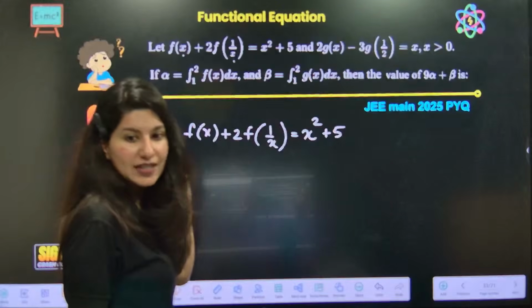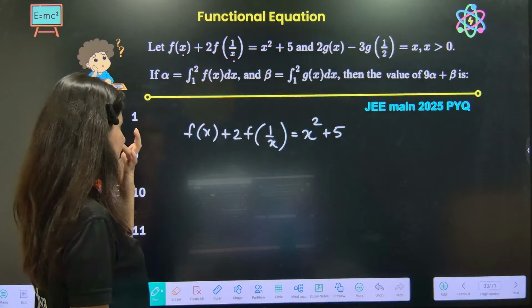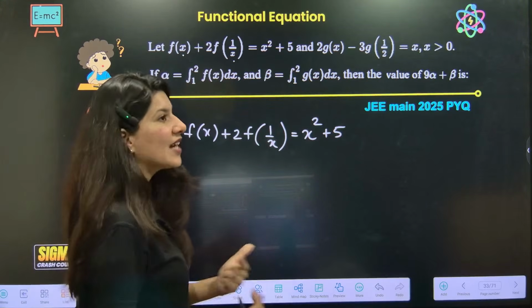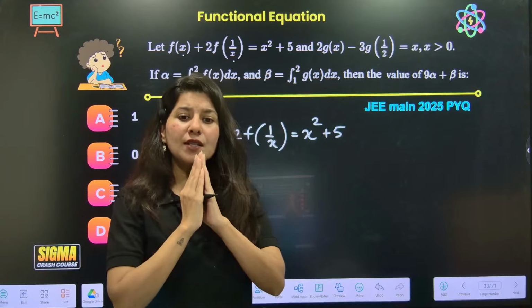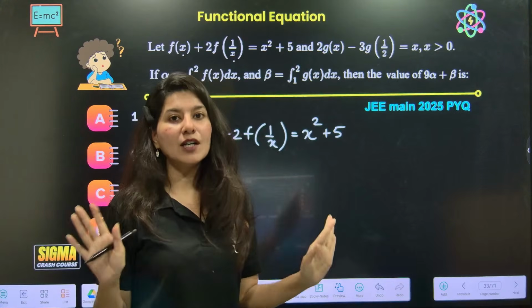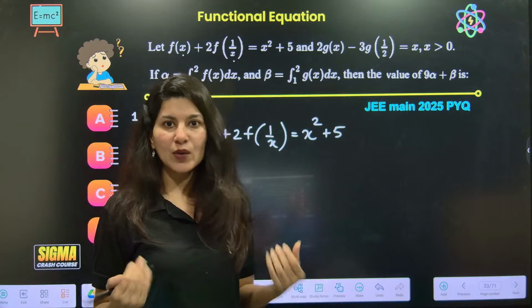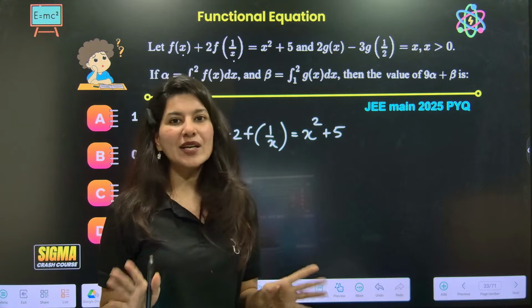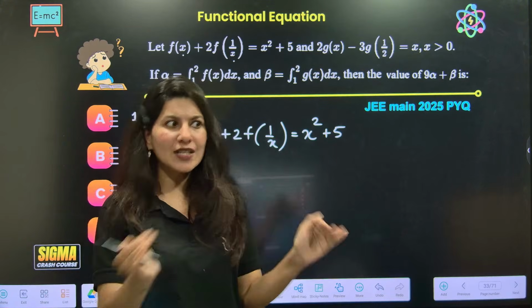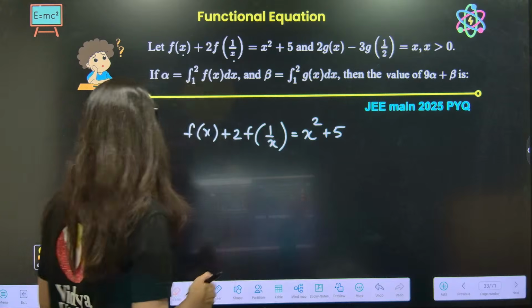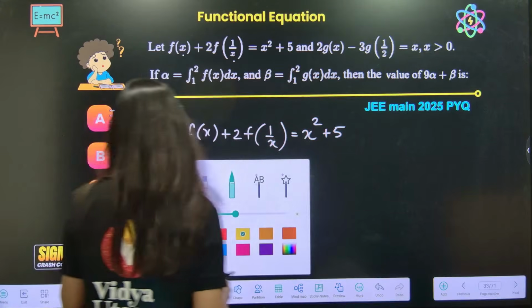This is your functional equation, right? Okay, this is your functional equation. How to solve these kinds of functional equations? There is a proper set method to solve such functional equations. You don't have to do hit and trial, no experiment, no need to apply your brains. Just learn the technique. In here, all you have to do is replace